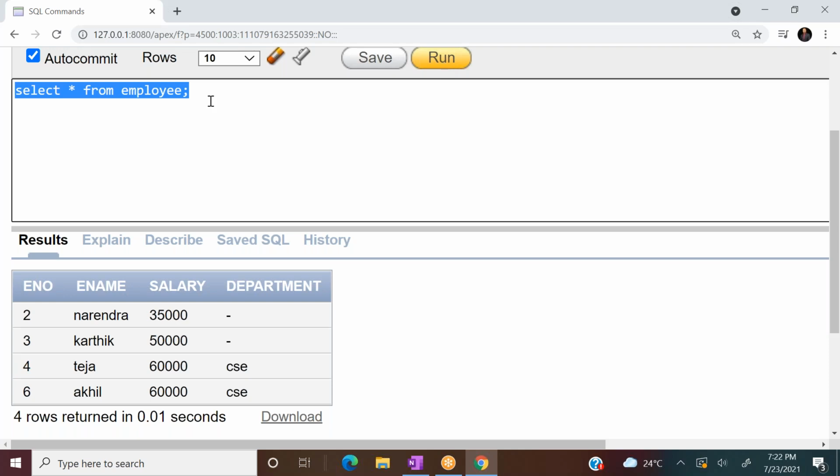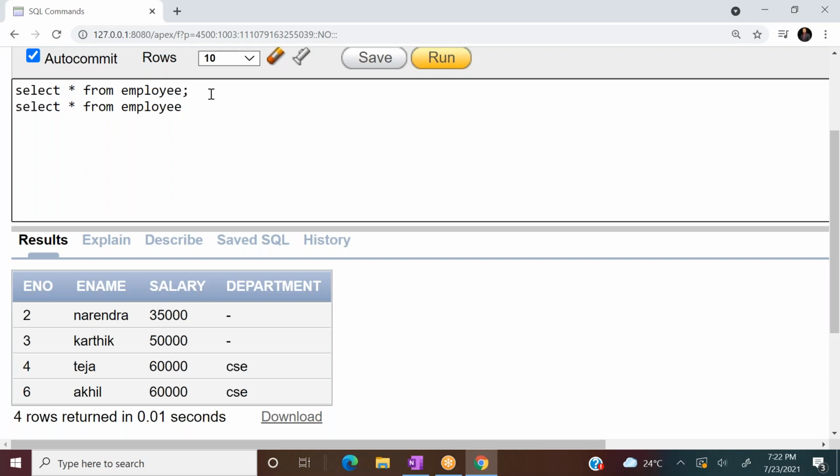Now, I will explain some of the basic SQL queries for retrieving data from the database. Suppose I wanted to retrieve only some of these records, or if I wanted all the details, we write select star from employee. Now, if I wanted all the employees whose employee number is 2, we can write where e number equal to 2, that we have discussed already.